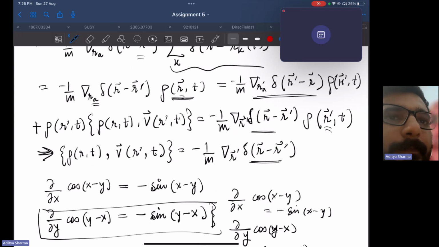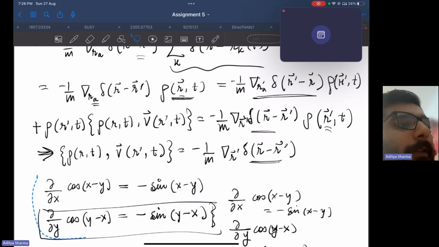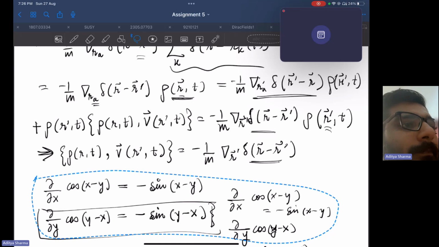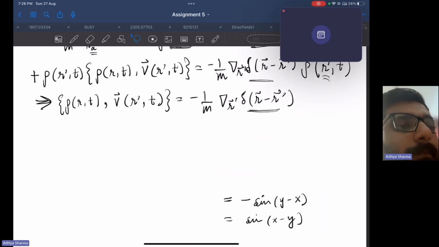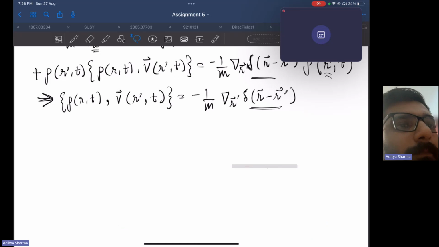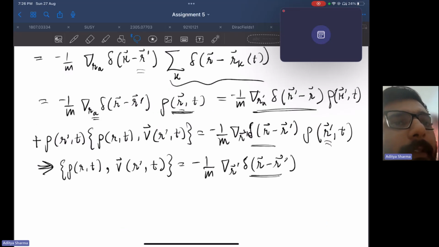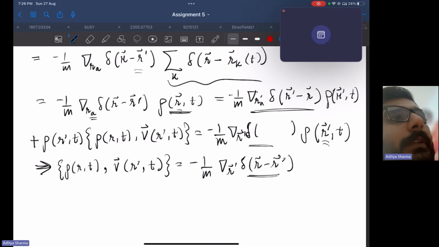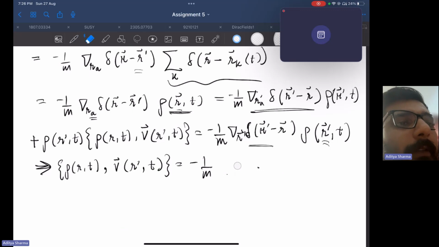You are going to have a sign difference, and it is going to come out correctly when you do something like that. So what we have is this right now. It's just a variable change. Now we can take off the rho, and we have